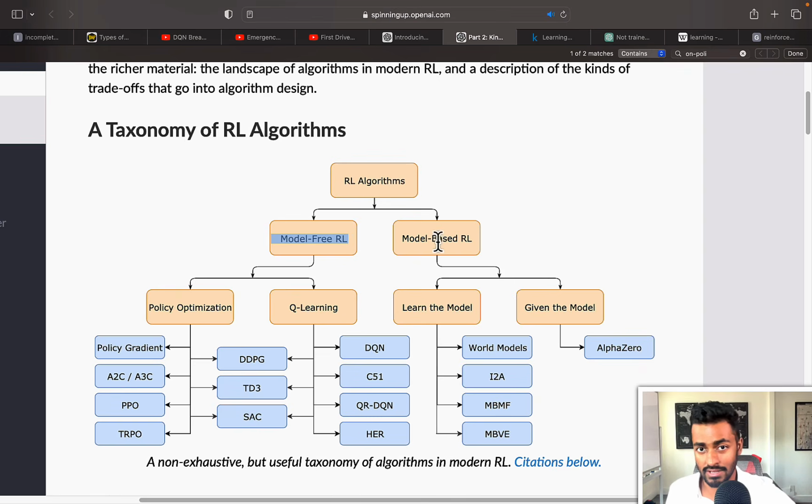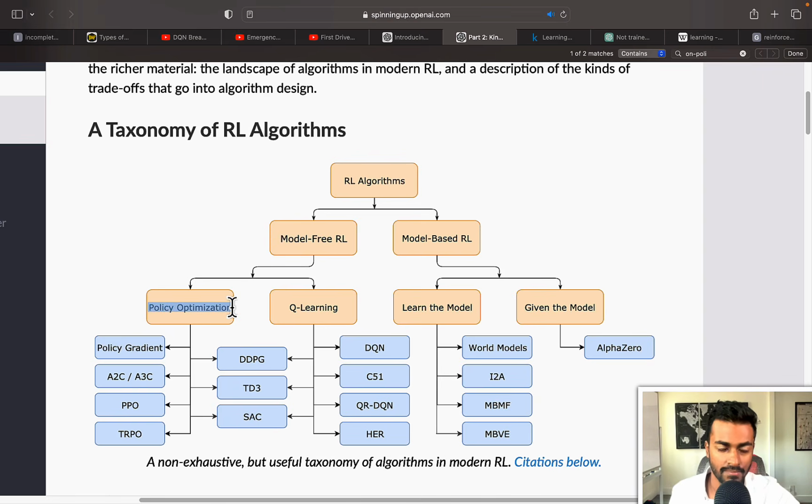Now, which strategy to use also depends on your situation. With model-free reinforcement learning, we interact with environments, so we don't need to deal with the hassle of creating an environment setup, as we would in model-based reinforcement learning, which may or may not even be possible in some cases. However, with model-free reinforcement learning, we're just going to need to be careful of how we interact with the environment so we can appropriately learn